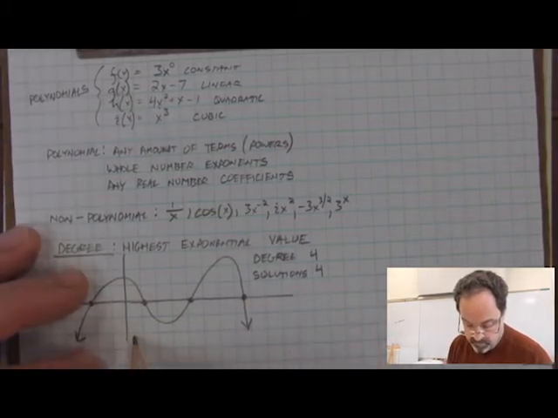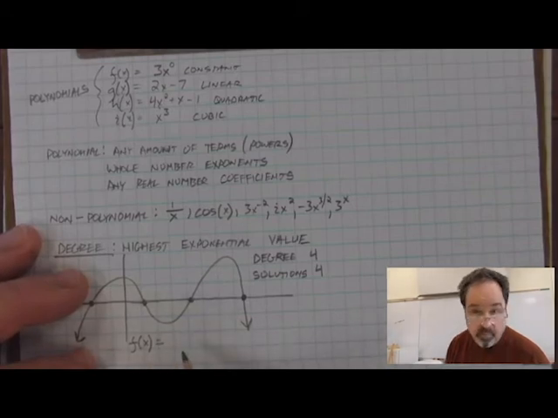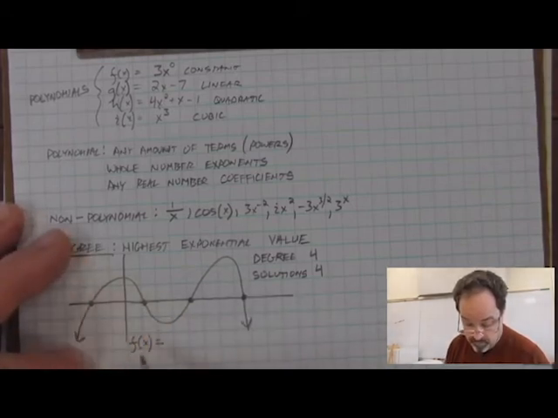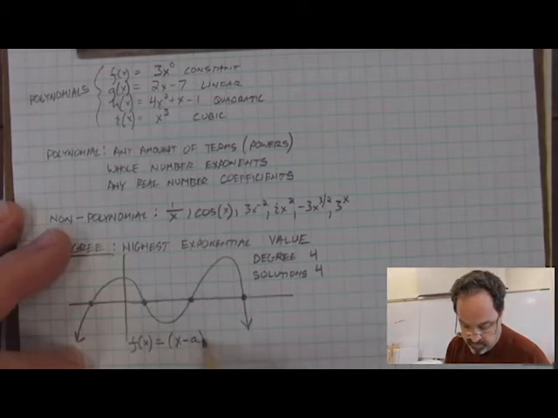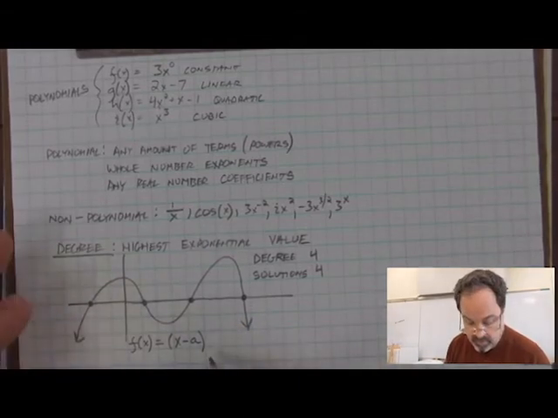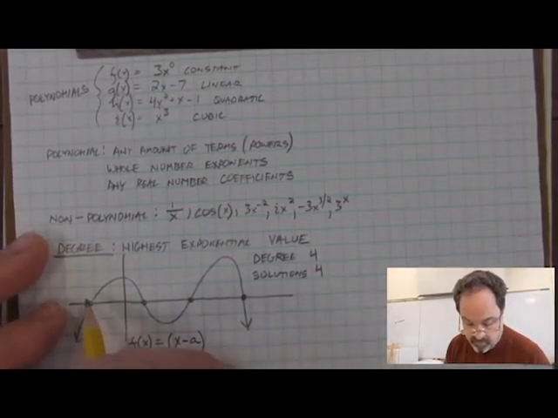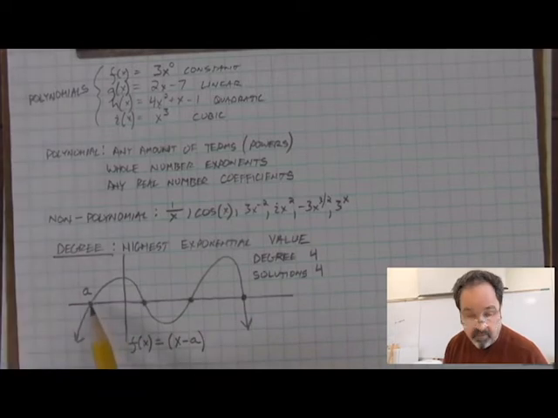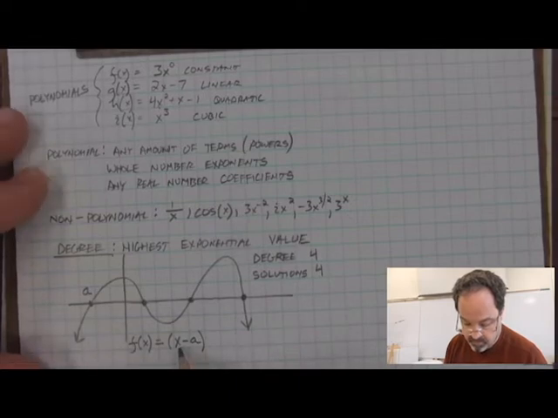So if we call this the f function, here's what I could write with these 4 values. I could write the factored form in which I place each one of these x-intercepts into a factor. If the x-intercept, this value, is a, that's an x value in the domain. If I know what it is, if I call it a in general, then I can form the factor x